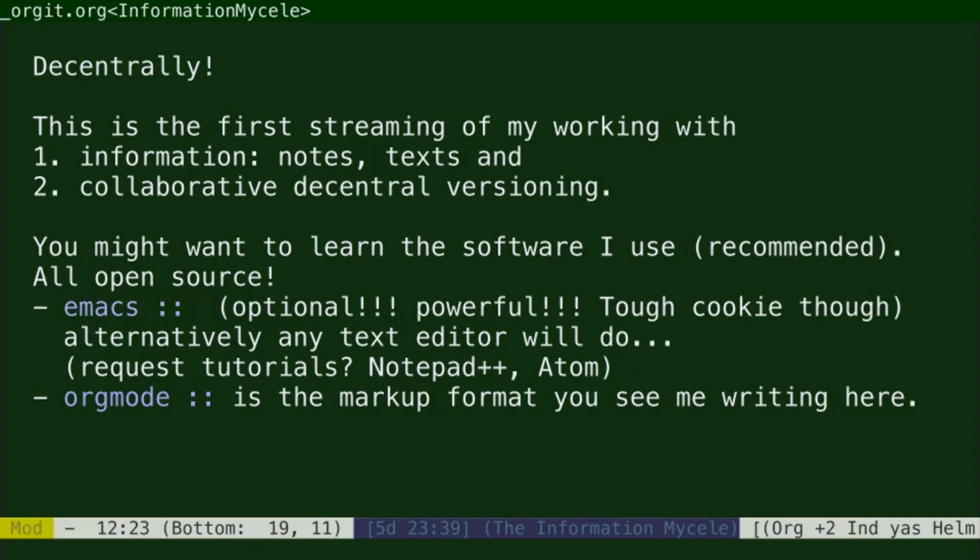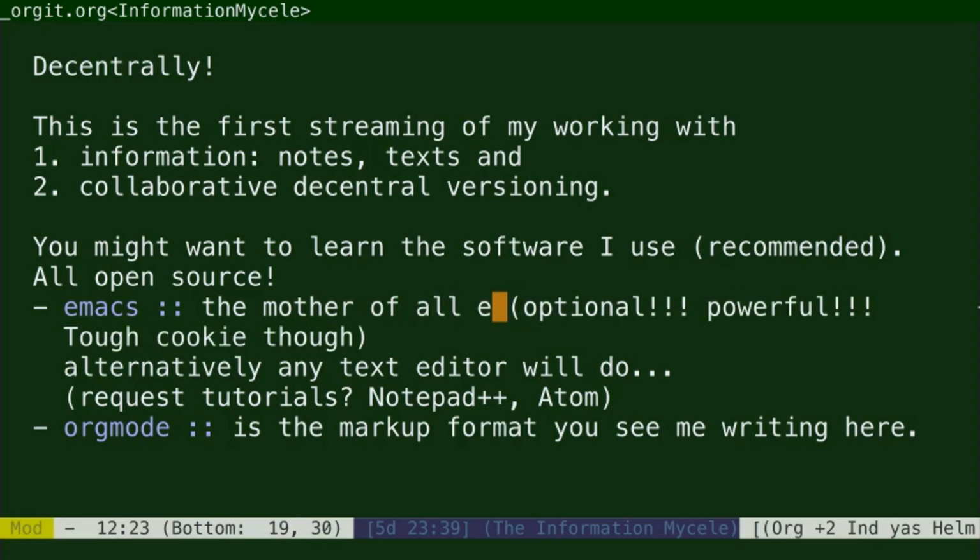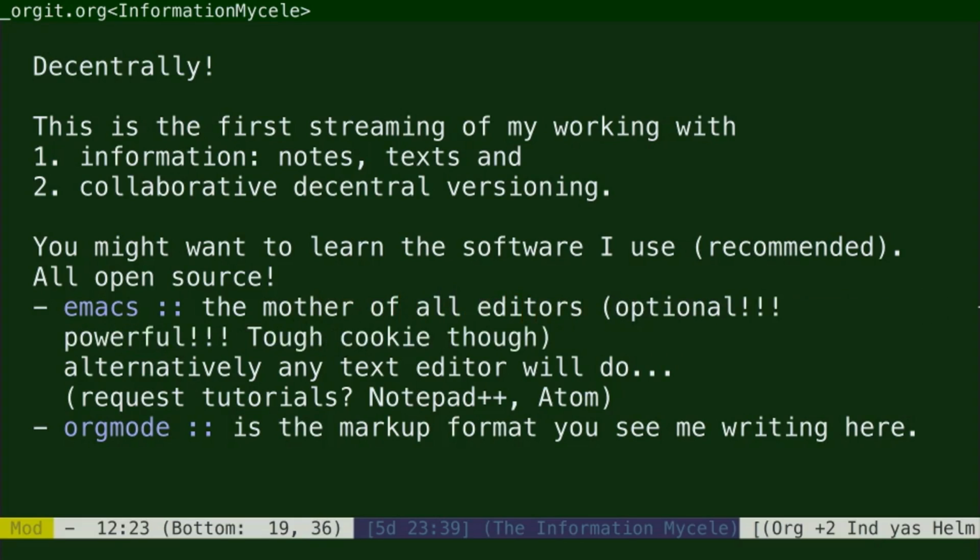Also the named lists separated with a dash and then the name of the item and then the colon and then the content of the item, or above the enumeration, first information notes texts and second collaborative decentral versioning. These are parts of the orgmode format.